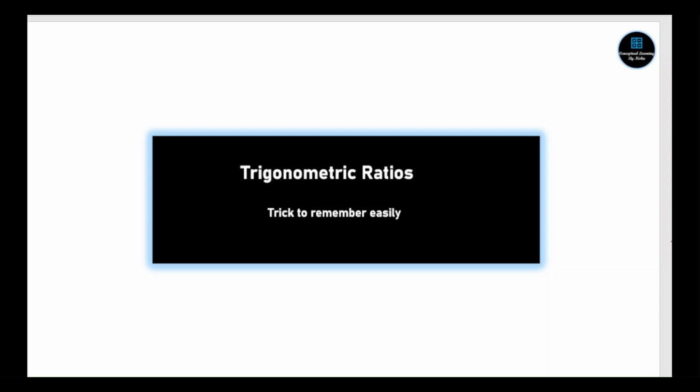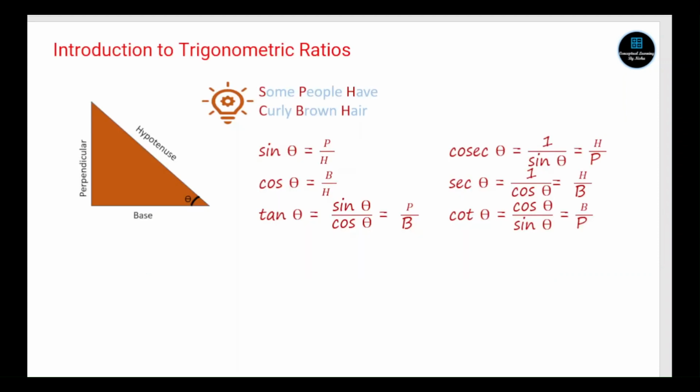I am sitting in my balcony, which is on the 11th floor of the building. I am looking at a park. A boy is playing in the park, and I want to find the distance between the building and the park. Can I find that without actually measuring the distance? Yes, it is possible with the help of trigonometric ratios.